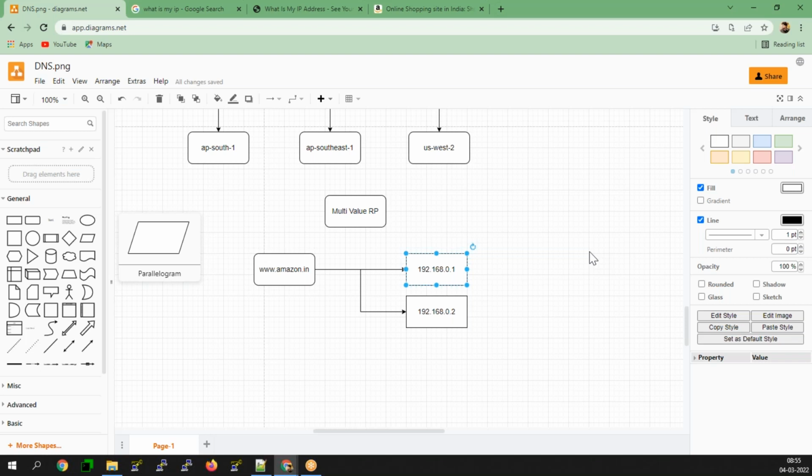All the routing policies, how the DNS happens, how the DNS propagation happens, right? Any questions, any doubts here? Mangesh.